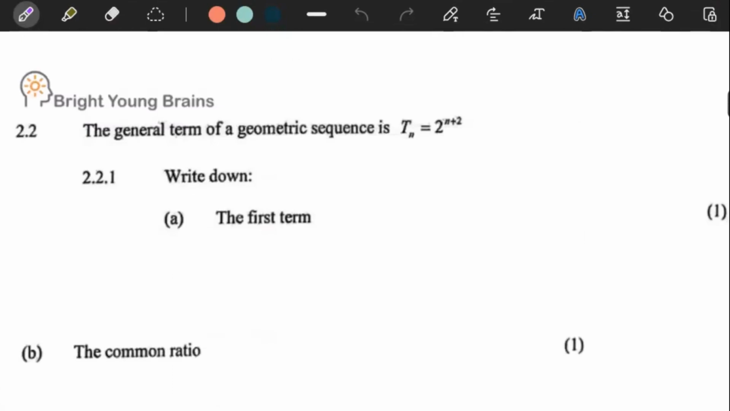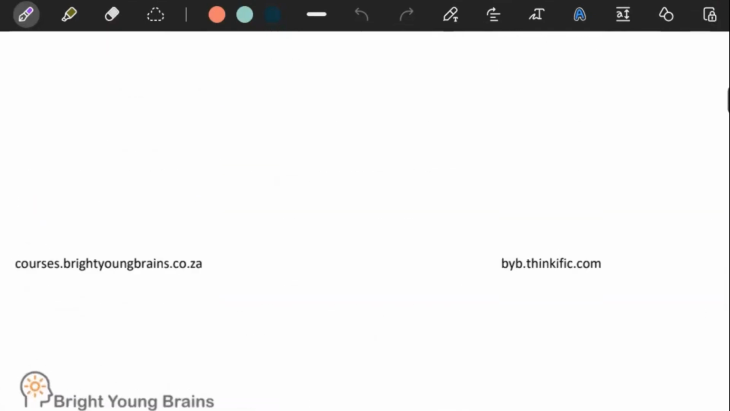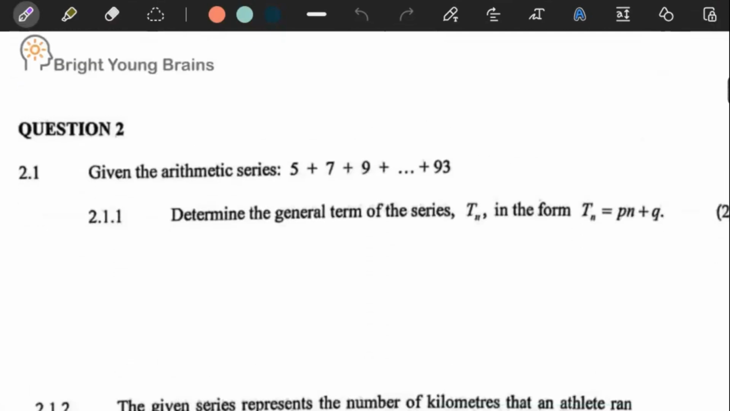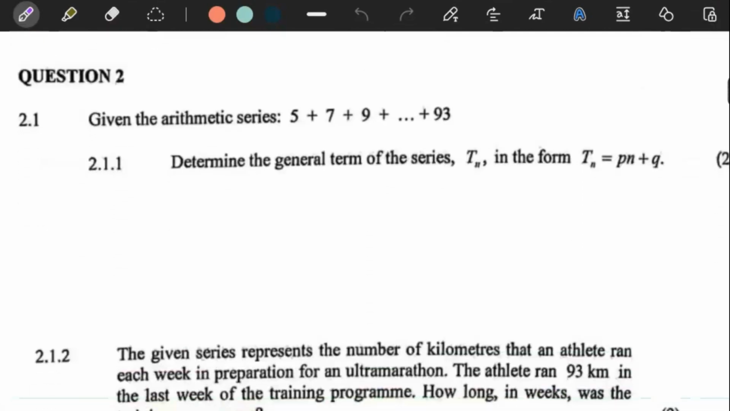Question number 2. It's another quadratic. No, it's another sequence and series question. Let's see what we have here. It says,